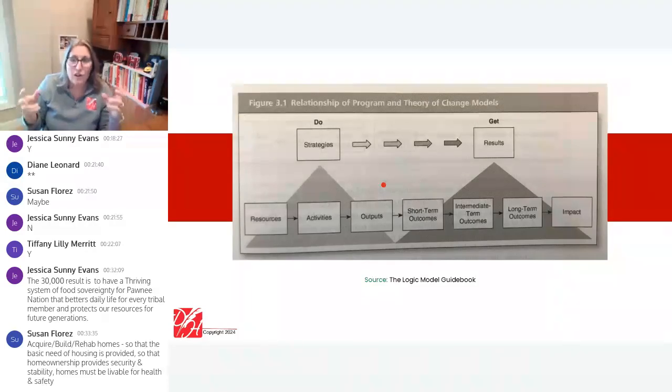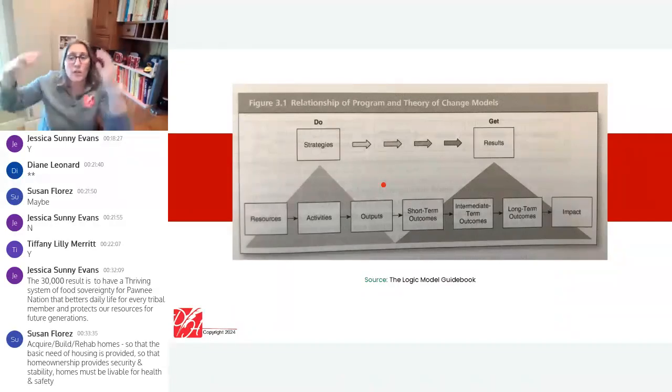And our strategies, the things we're doing, we're going to start to break those down into the resources we need to do the work, the activities that we will conduct in order to create change, and the outputs that we will be able to count as a result.